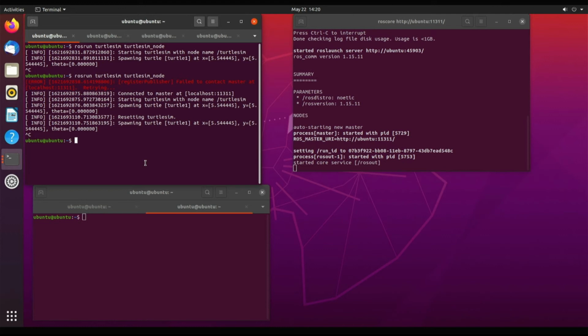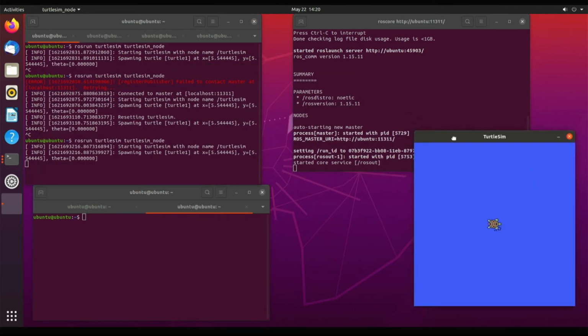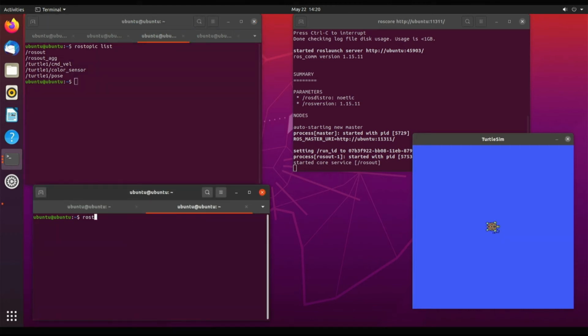I'll just stop the node and open again. Now we can test another functionality. We can publish the position of the turtle that we want. For that, type the following command: